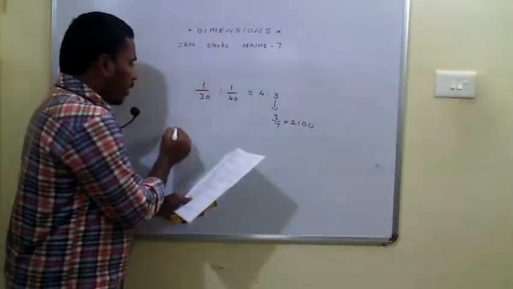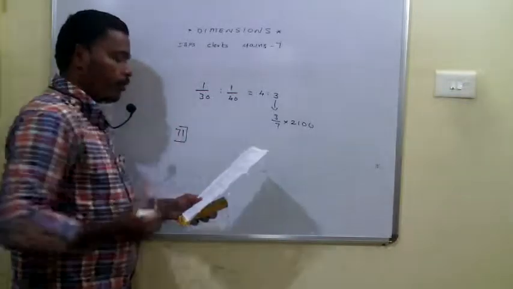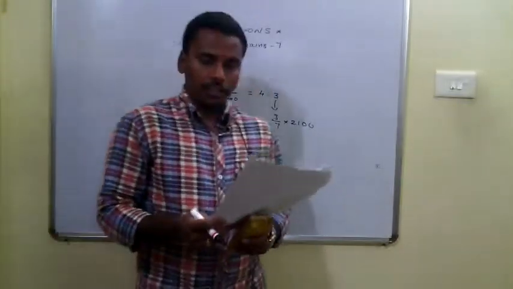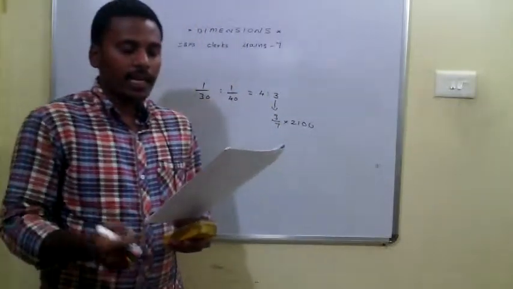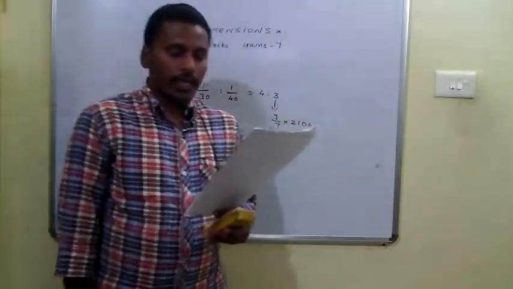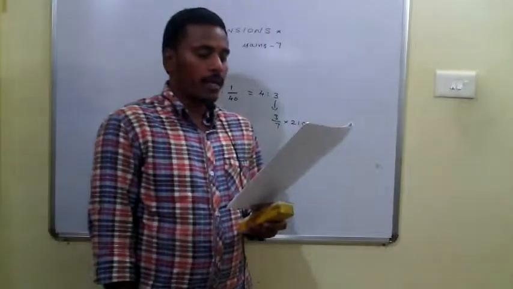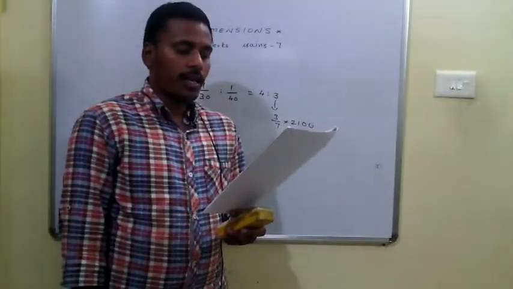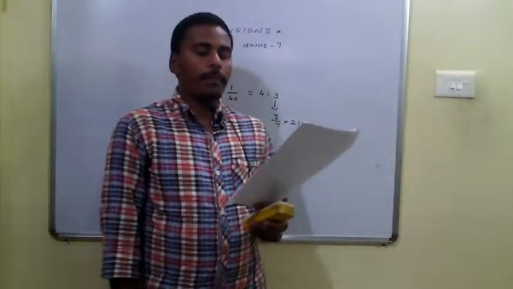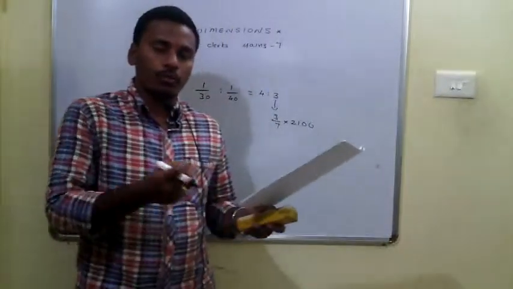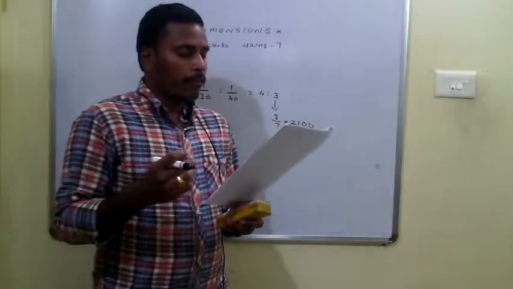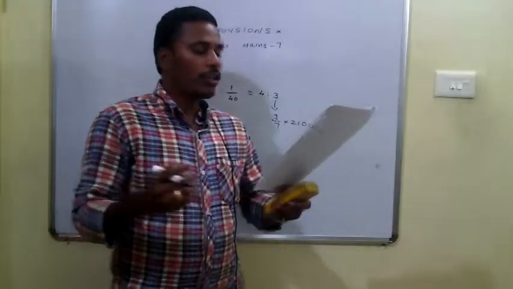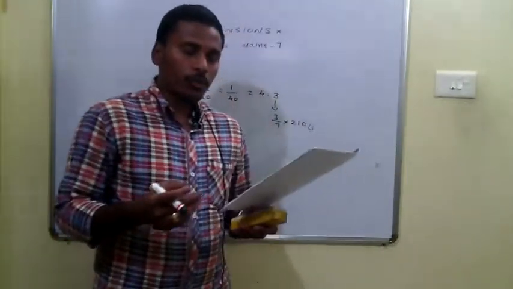Okay. Then coming for the 71st problem. Two rockets approach each other, one at 42,000 miles per hour and the other at 18,000 miles per hour. They start 3,256 miles apart. How far are they apart 1 minute before the impact? Actually they are two rockets approaching each other, so in that case the relative speed is to be taken